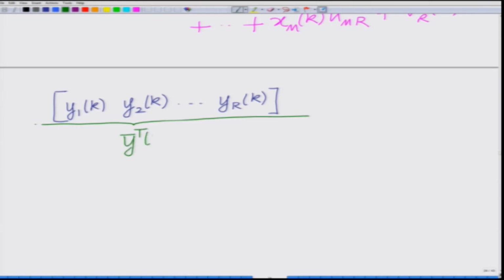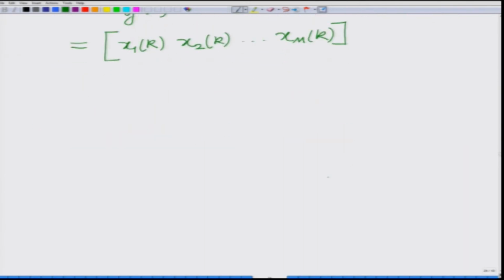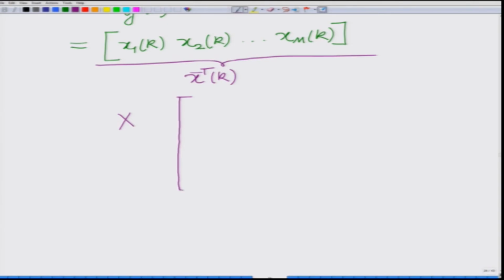This is equal to x1k, x2k, so on up to xMk. This is the transmit vector x bar transpose k, where x bar k is the transmit vector at time instant k, times the product